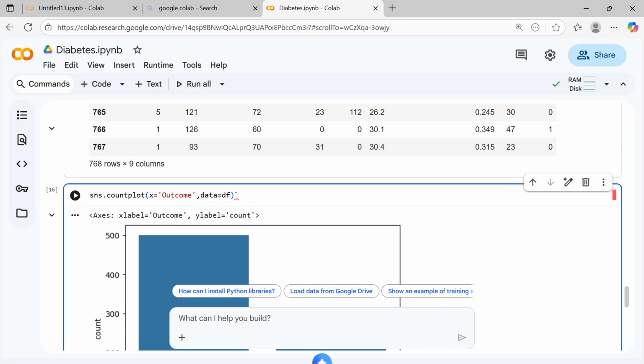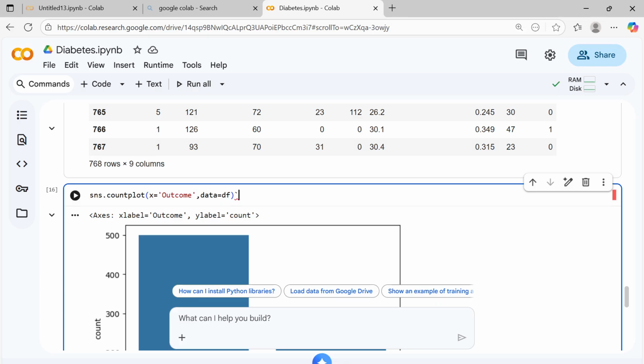This command creates a bar chart that shows how many people in the data set have diabetes, which means outcome equal to 1, and how many do not, which means outcome equal to 0. We are using Seaborn's countplot function, and by setting x equal to the outcome column,